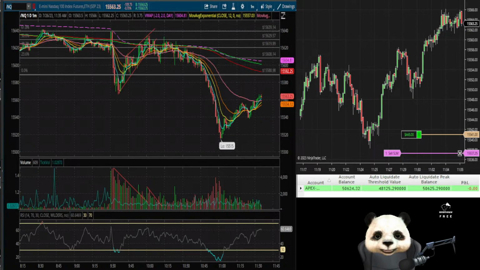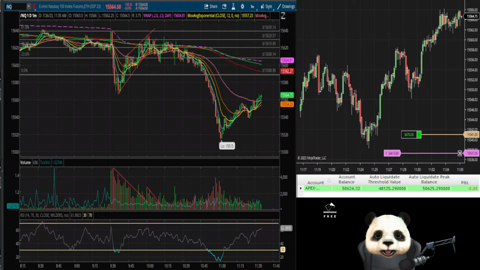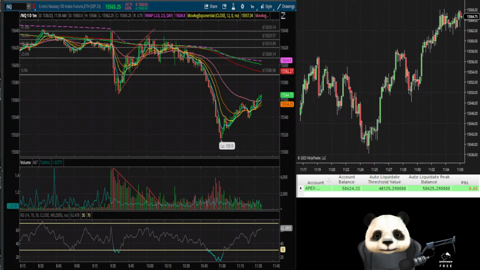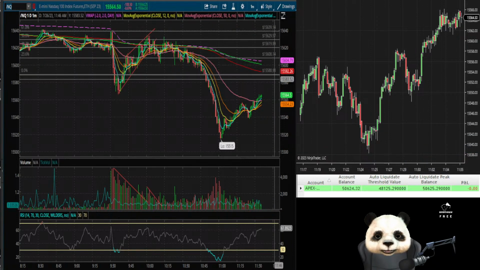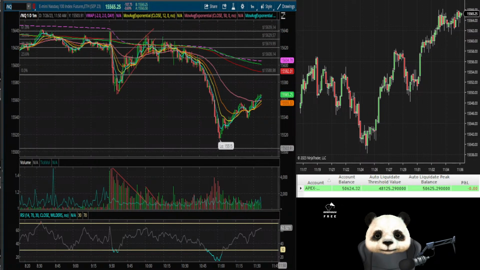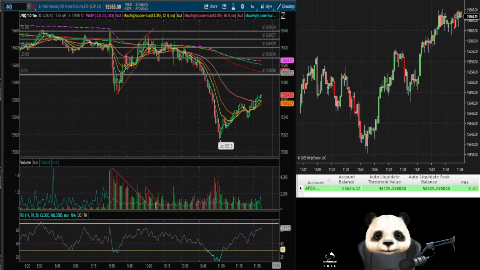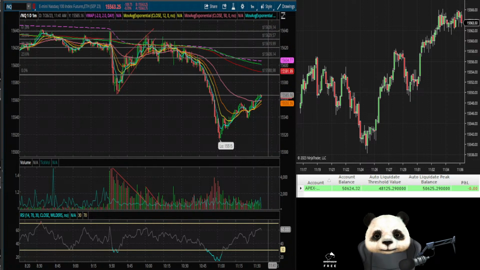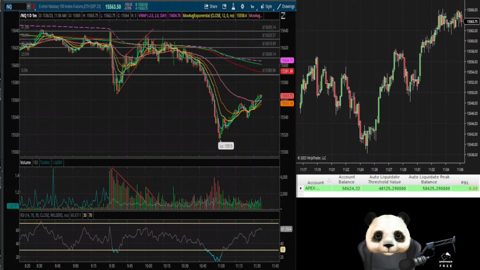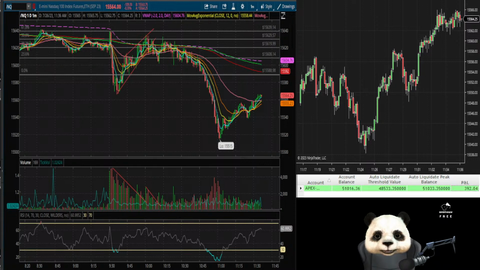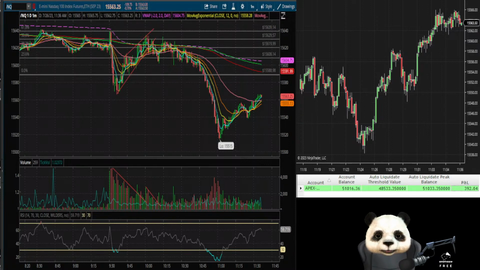All right, I'm gonna take some profit here. Moment of truth. Taking profit. Man, I really think I could have got another 20-point move out of this. But being in only one contract, I'm playing the safe game. That also gave us a 392 P&L. I didn't even realize. That's not too bad. I'll take it.